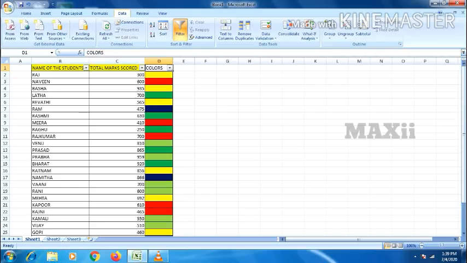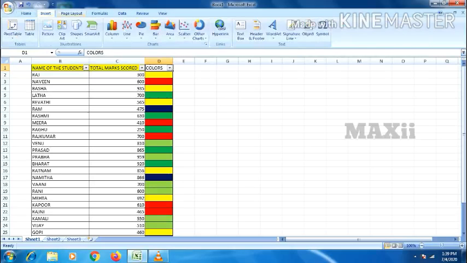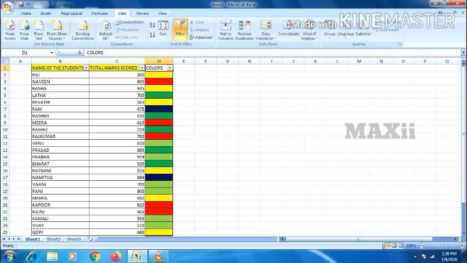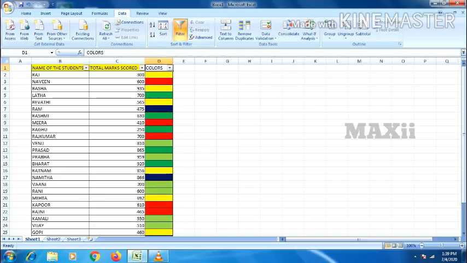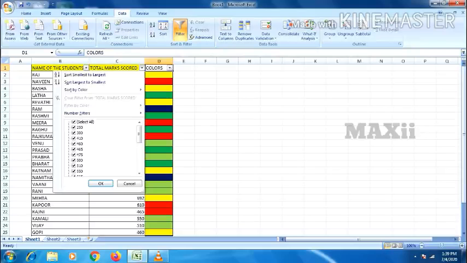If you go to Data, you can see Home, Insert, Page Layout, Formulas, Data. There's a funnel-like icon, Filter. Just click that and you will get the filter icon here. Now we are ready to filter all the data. Just click and see here.